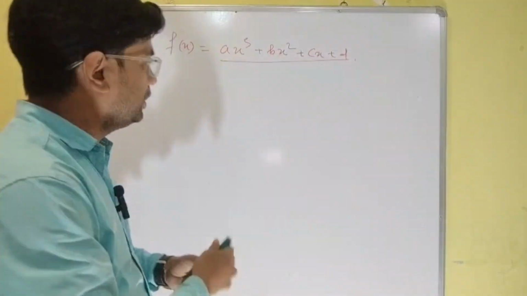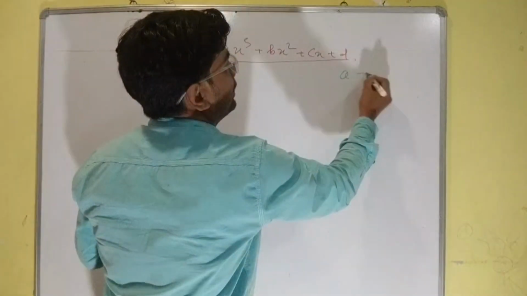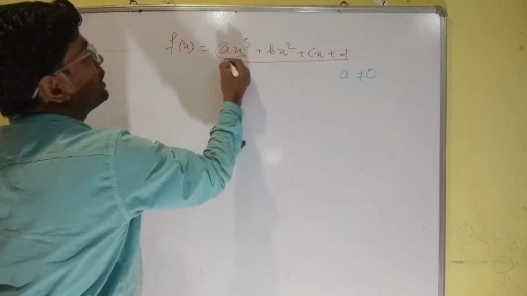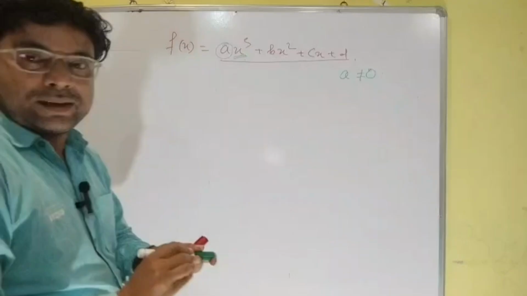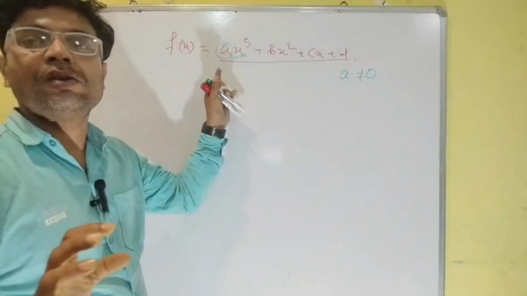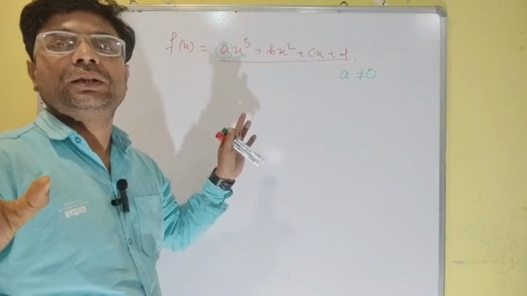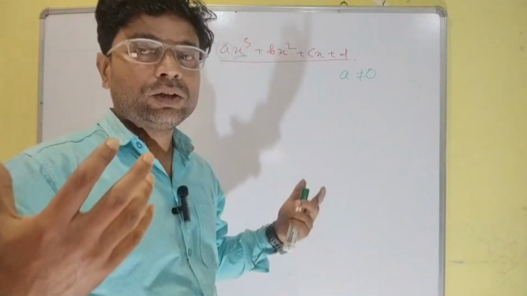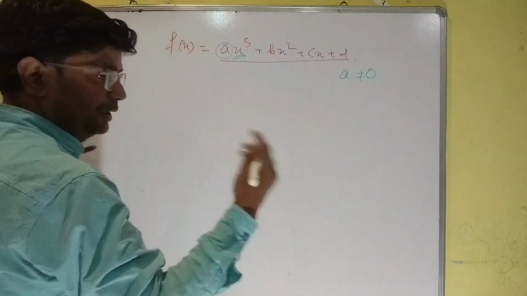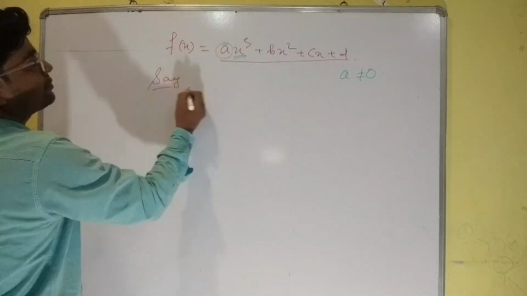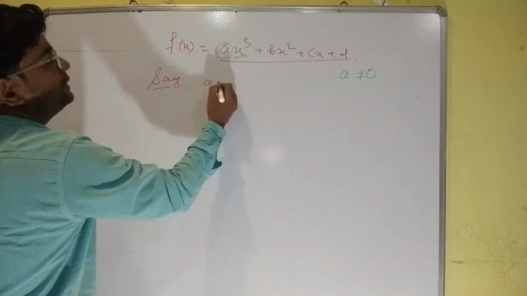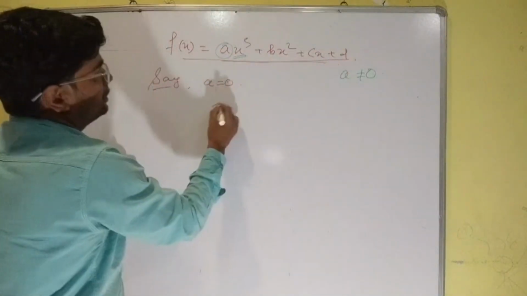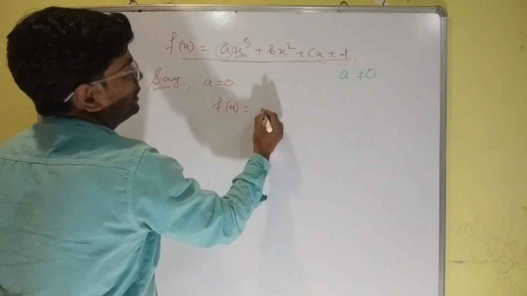It becomes a cubic polynomial only when a cannot be 0. A cannot be 0 means the coefficient of x cube is not equal to 0. Clear? The coefficient of x cube cannot be 0, that is the main condition. Now if we think the other way, if the coefficient of x cube becomes 0, then what will happen here? Let's see. Consider a is equal to 0, then the value of f of x becomes